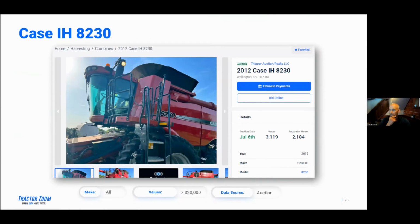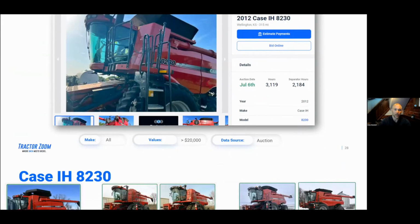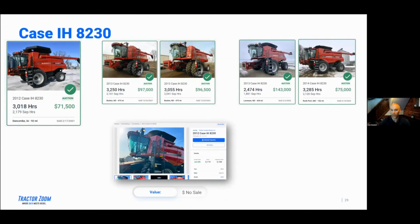Okay, and then this last one, I'm going to hit on this one briefly so I can keep up with time. A Case 8230, this also went up for auction on July 6th. I did a lot of analysis for this one pre-game, and really the end game is that there was no sale. And so looking at these comps, very similar here, comparables sold in December, right shy of $100,000, and then a little bit of a spread